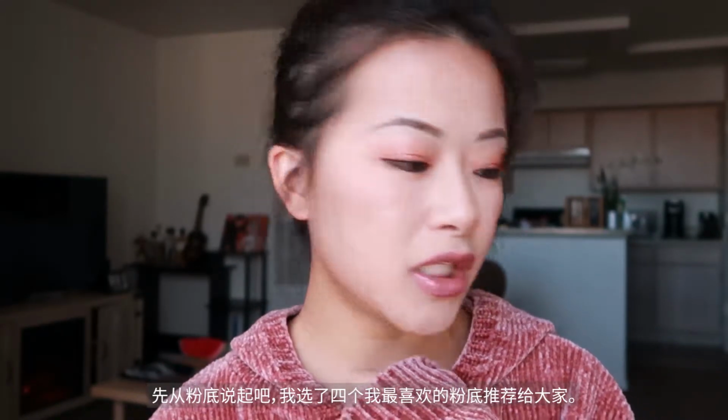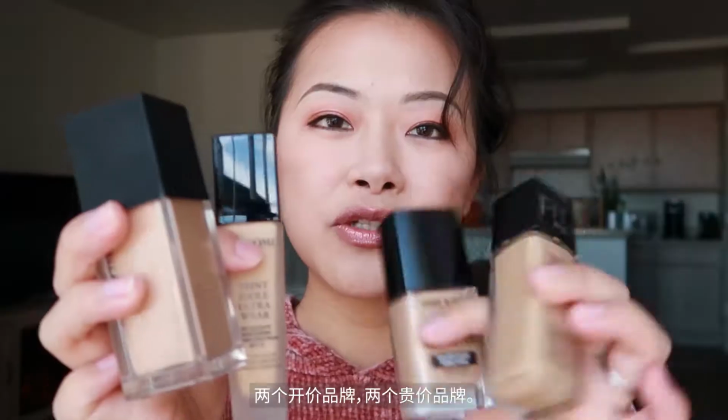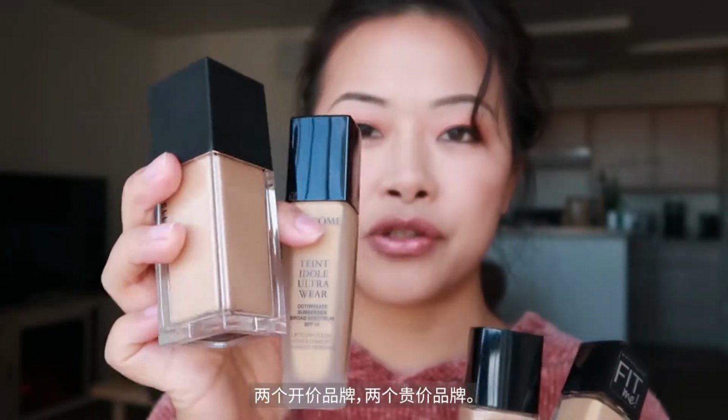I'm gonna talk about makeup. I'm gonna share with you guys my favorite makeup products of this year. Let's get started. For foundation, I picked up 4 of my favorite foundations, 2 drugstore foundations and 2 a little